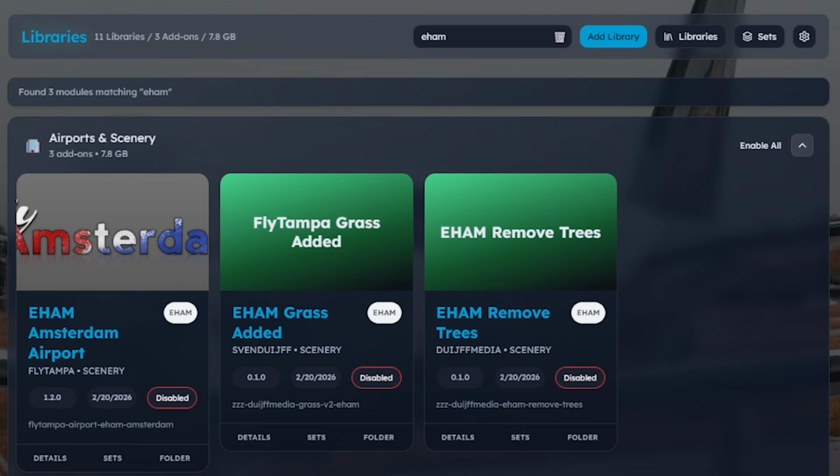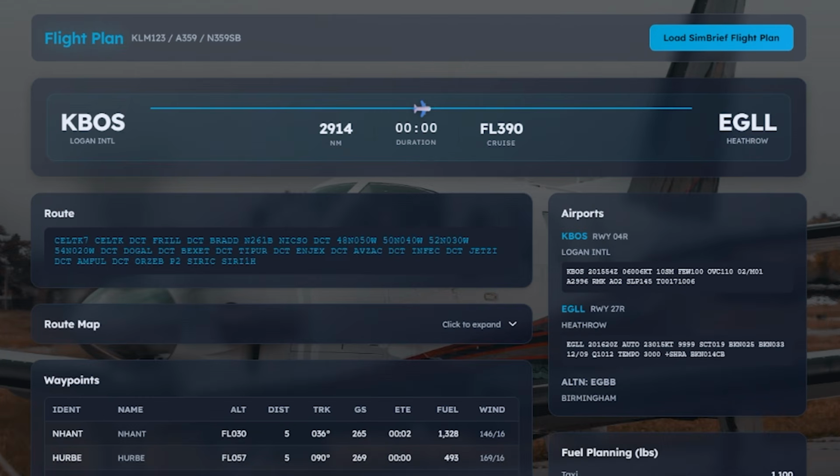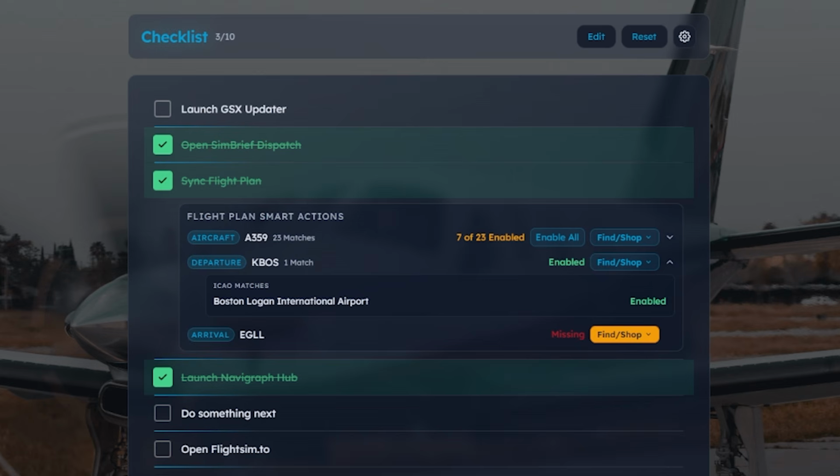So now we have removing trees and adding grass. These are upgrades to the base Fly Tampa Amsterdam scenery. So when I run my pre-flight check, it would actually find all three of those and let me install them. Now, the reason I planned this flight to London is because I don't own any London